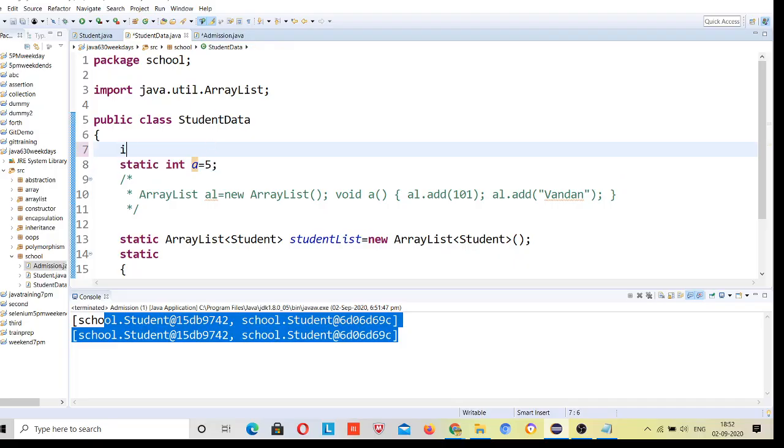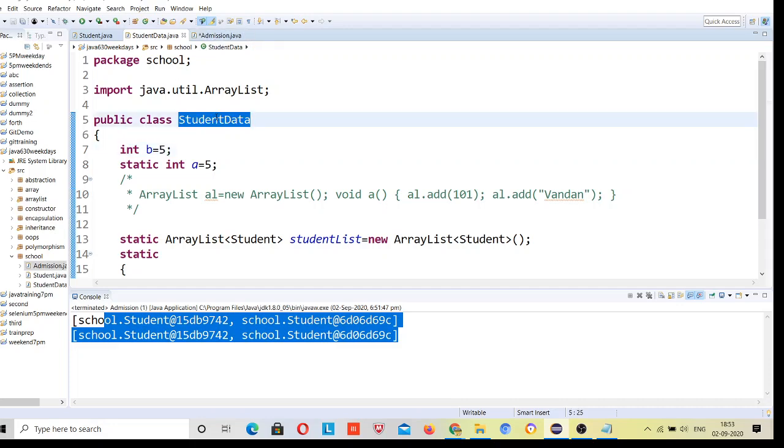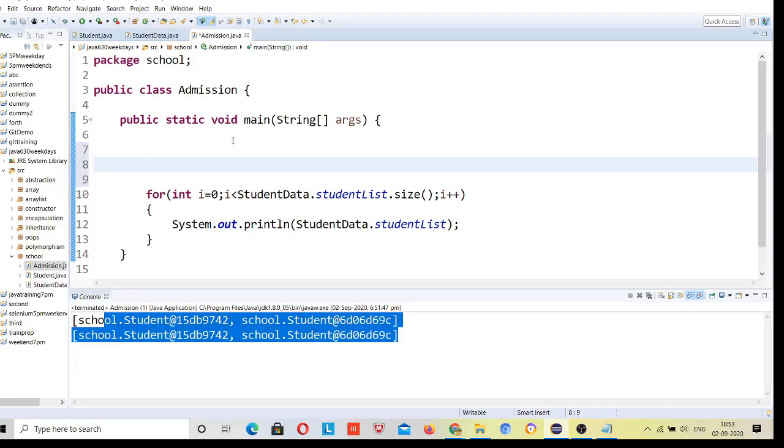Suppose this has int b is equal to 5. Now I want to use this 5 inside my main method. This is a simple integer variable, so I have to make an object for this class first: object is equal to new student data.